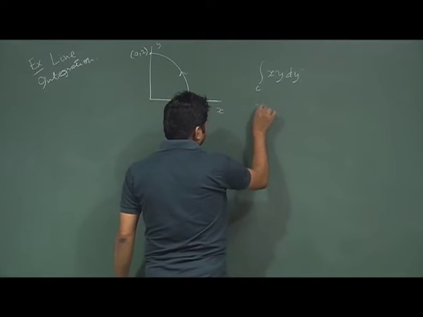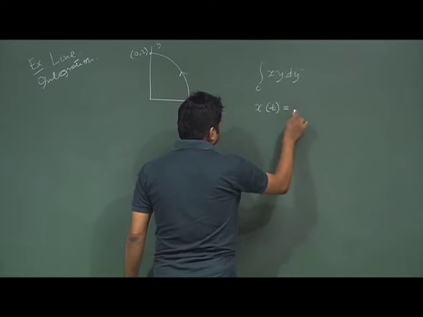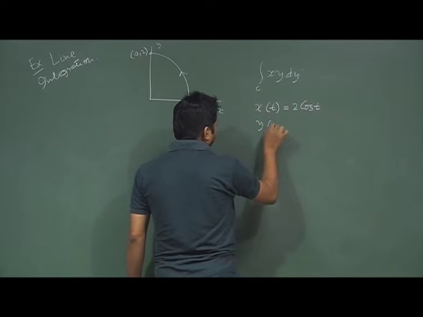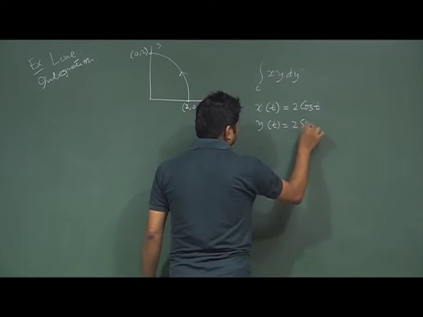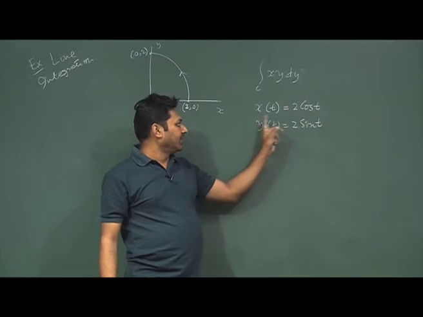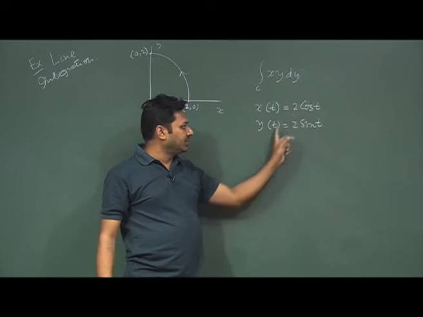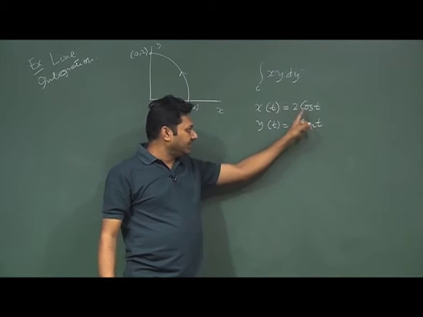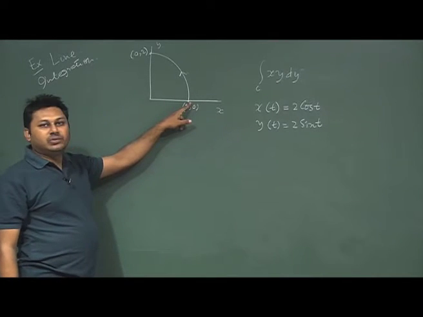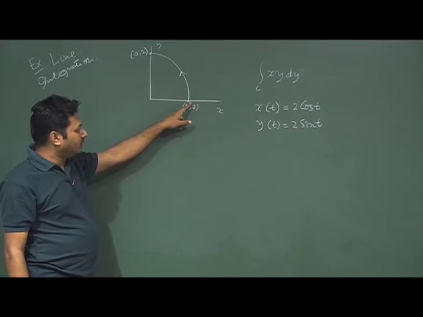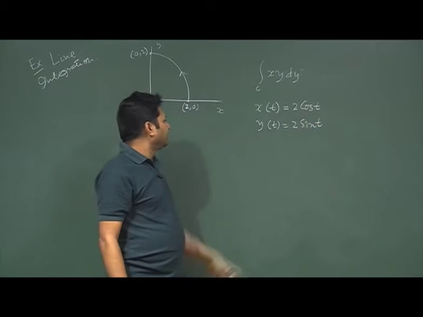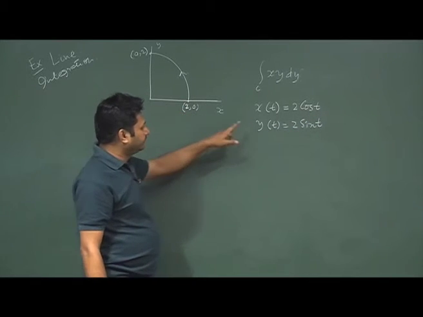So, here the parametric variation is x of t, where t is my parameter, equal to 2 cos t, and y of t is 2 sin t. As I mentioned, my x and y should be explicit functions of t if t is my parameter. Here I wrote these two variables in this way to make it a single variable. So, now you can see that the point 2 0 essentially means x is equal to 2, y is equal to 0.